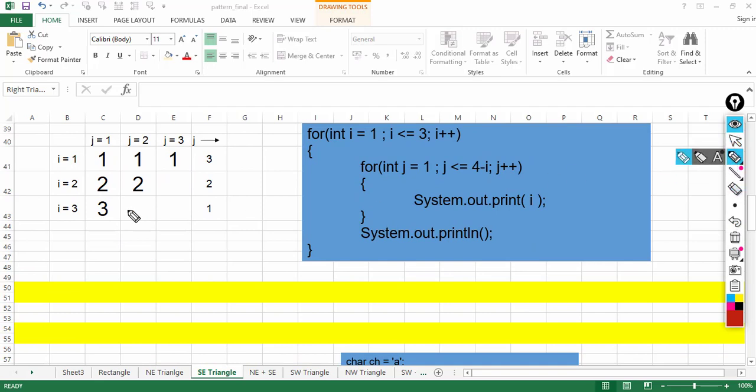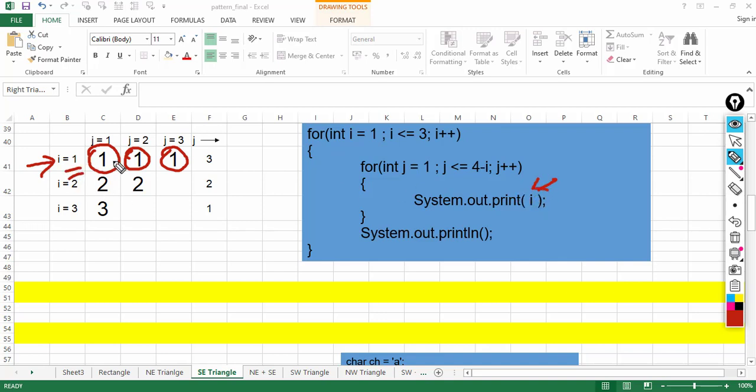In this pattern you see 1 1 1, everything here is same, the condition, the initialization, everything is same. The only thing that is different is this value here, what we are printing. This time we are not printing j, we are printing I, okay. Why I? Because in every column we want to print the same value. When we want to print the same value we have to use I, so we are printing I,